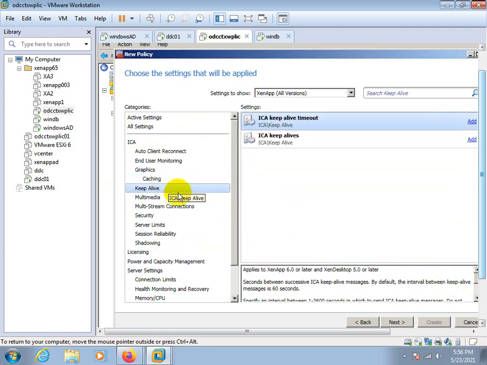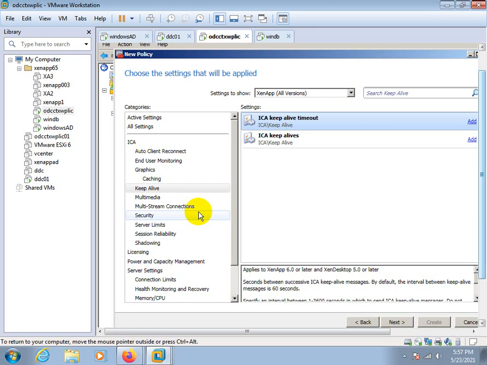Okay, I will mention here what you need to search, because after that I will tell you about it. Both settings are the same. In the absence of internet, while you are working in a Citrix session and in between your internet goes down or is stuck for a moment, it keeps your session active until the time mentioned over here.